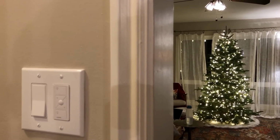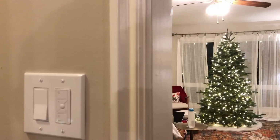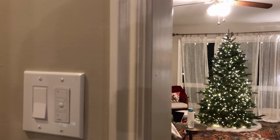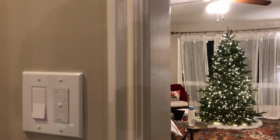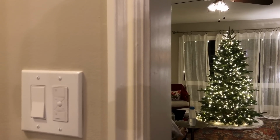Turn the living room main light to 100%. You got it. Set the main light's brightness to 100. Okay, Google. Set the living room main lights to 10%. You got it. Set the main light's brightness